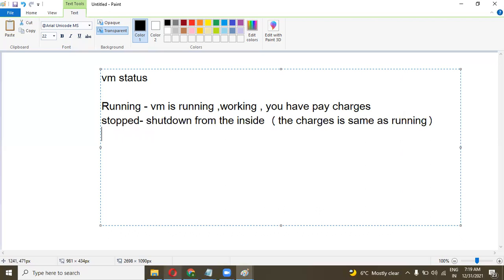The third condition is stopped and deallocated. Deallocated means the VM is stopped from the Azure panel.